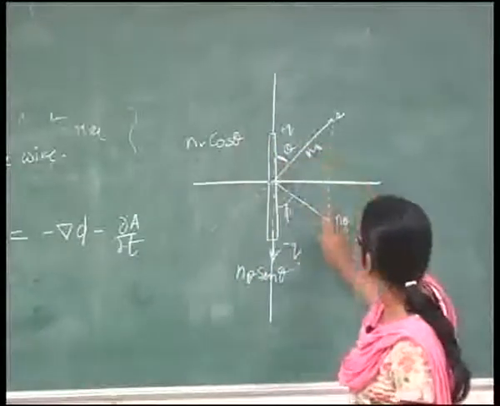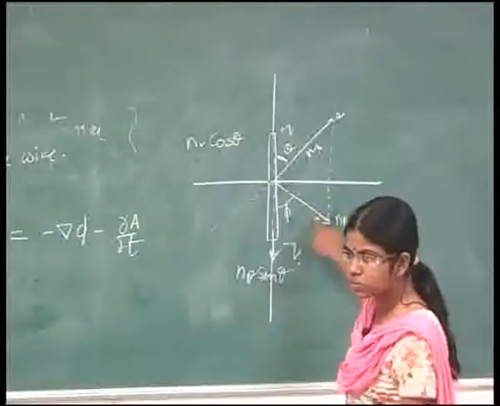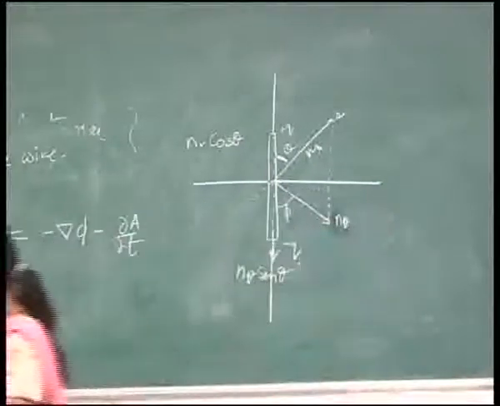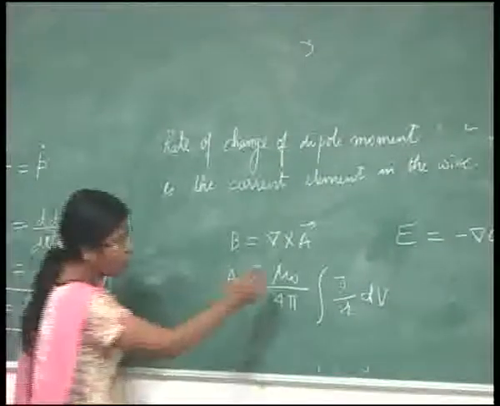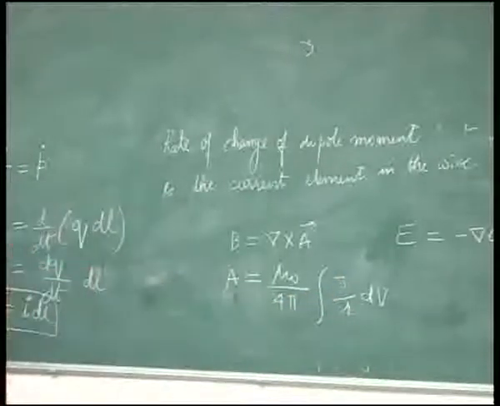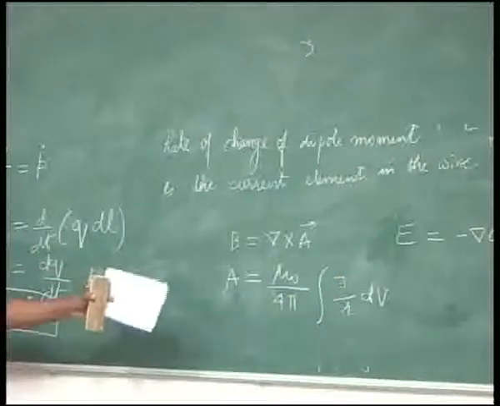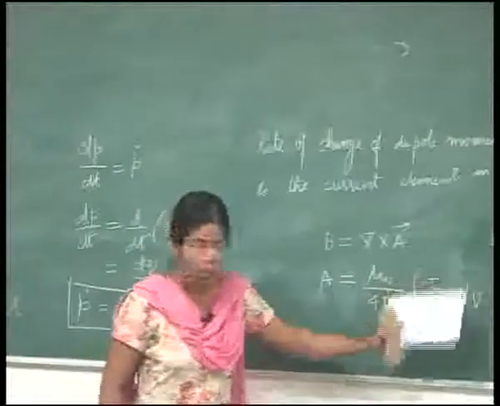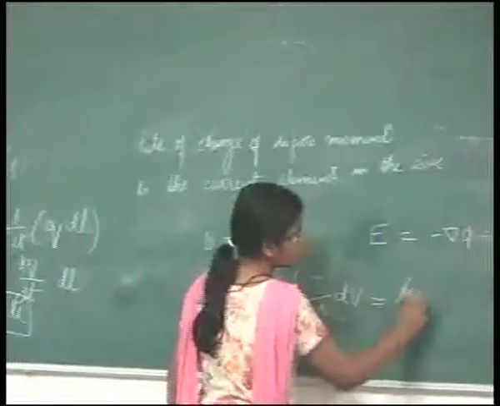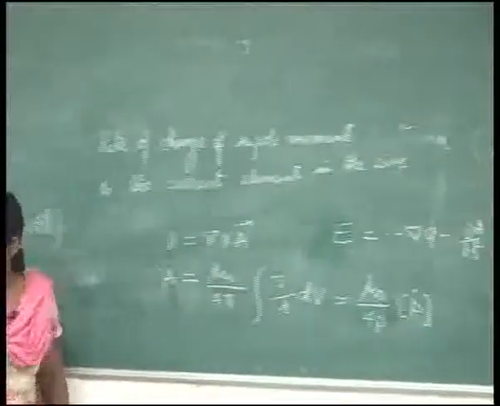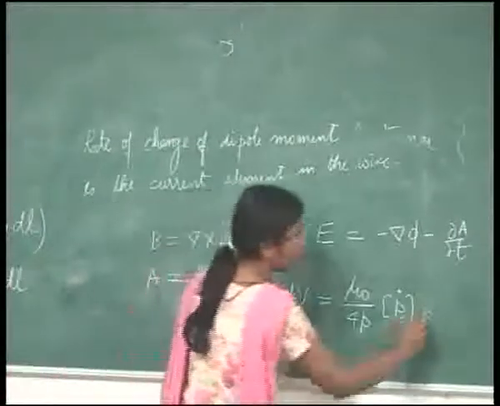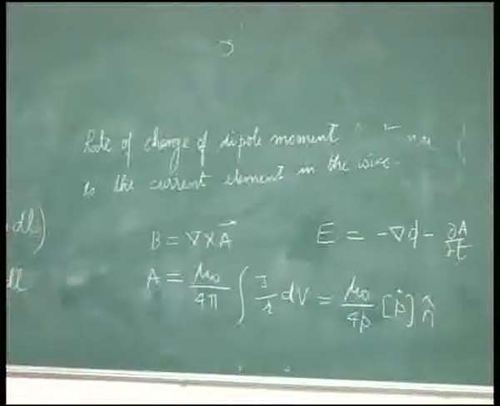I say that this is nr and this is n theta. So, I can write now here, what is this? This is I dl, mu 0 upon 4 pi integral I dl gives me the vector potential. So, I can simply say this is equal to mu naught upon 4 pi p dot, I dl is p dot, into a unit normal vector,